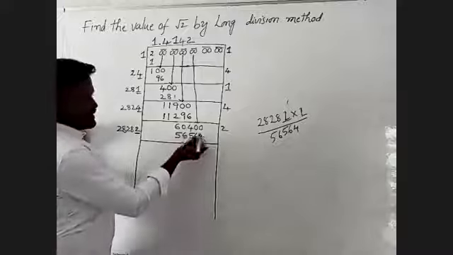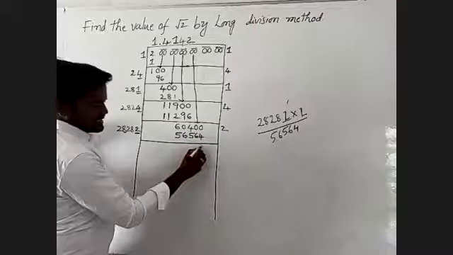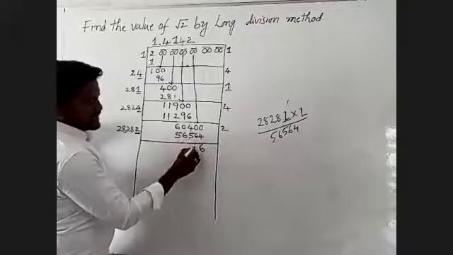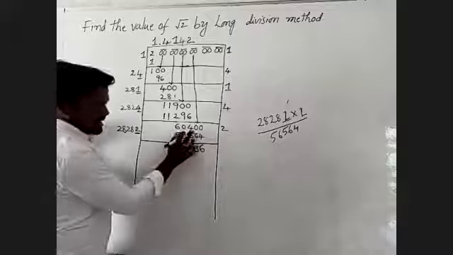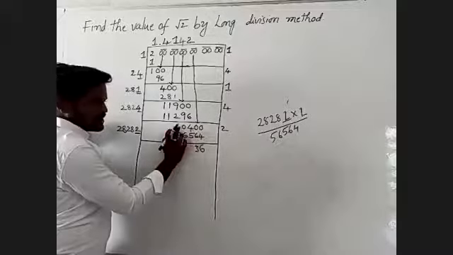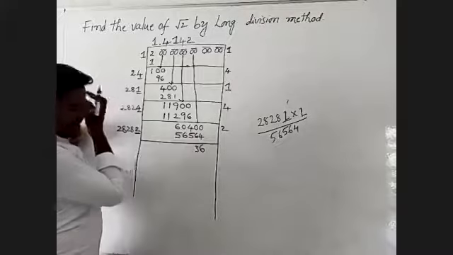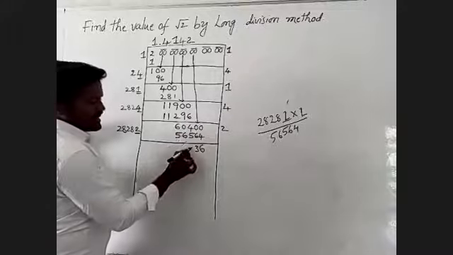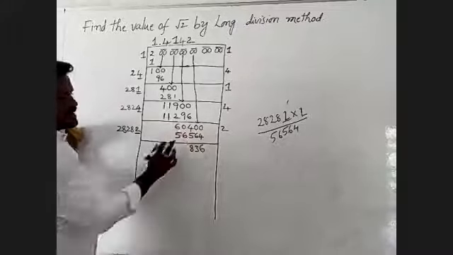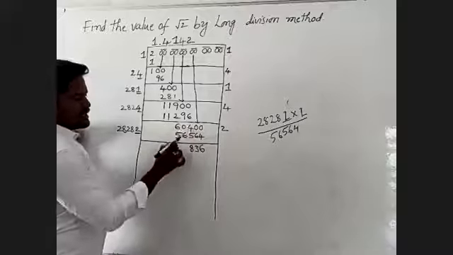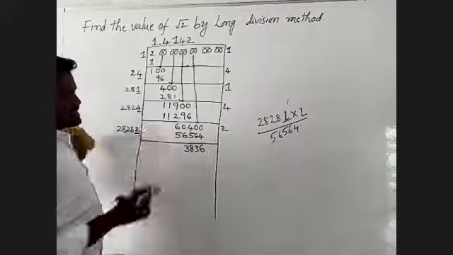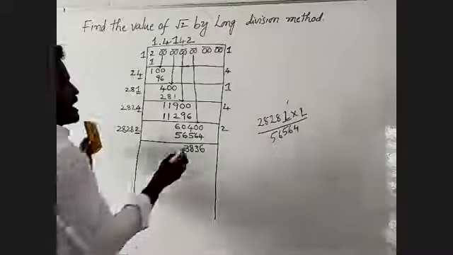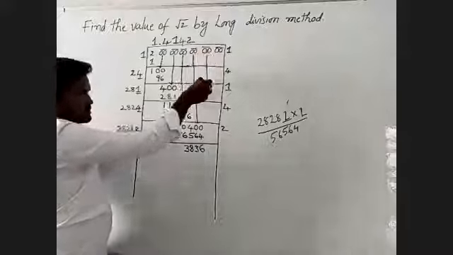After that, 10 minus 4 becomes 6. After that, 9 minus 6 becomes 3. And the given value is only 3. We will take 1. We will take 1 means the given value is 13. 13 minus 5 becomes 8. And the given value is 9. 9 minus 6 becomes 3. That is, the given value is 3836. After that I have to take the remaining two zeros.